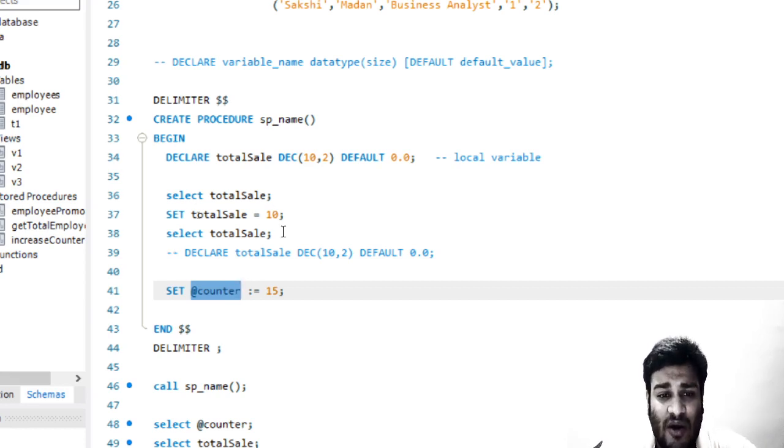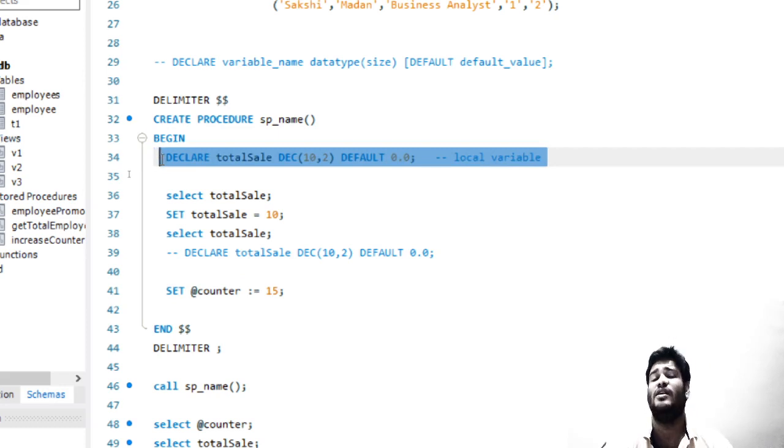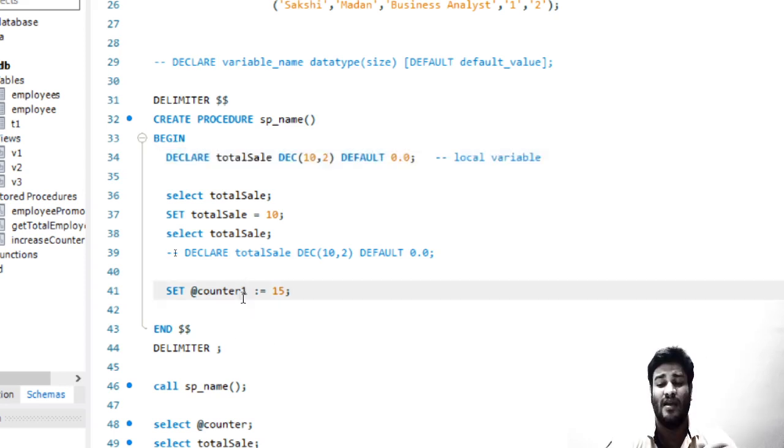Now you can see that this variable @counter has not been declared. It does not have any type, it is just @. So it typecasts automatically. Whatever you assign to it, it will take it and it will become that kind of variable by itself. So you do not need to declare any session variable, you just set it using @. I can say counter1 also, and this will not throw an error. I can take XYZ, and even if it is not declared, it will create it and not throw an error, right?